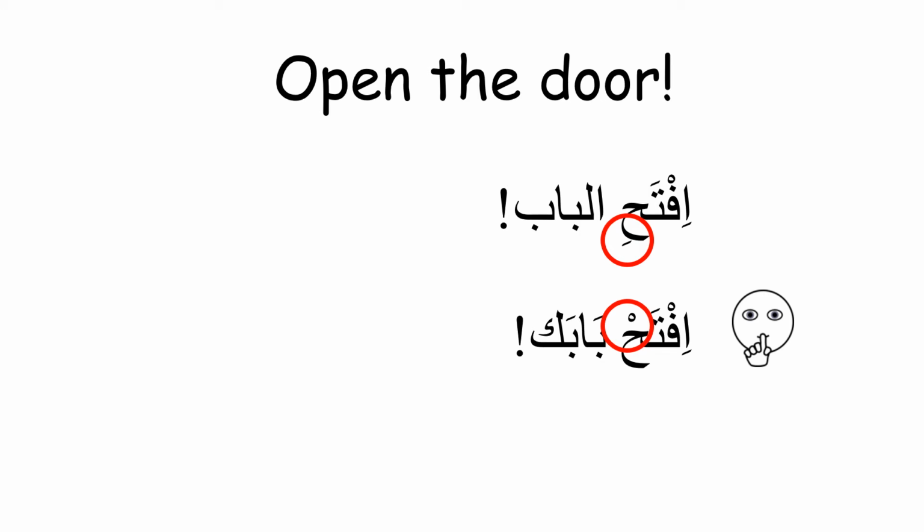Let's also compare these two sentences. So افتح الباب, we already explained that we have to use a kasra at the end of افتح instead of sukoon to prevent two sukoons from meeting together. The first is at letter ha and the second is at letter lam. But in the second sentence, افتح بابك, open your door, we preserve the sukoon, which is the original sign of the imperative verb. Why? Because the second word, بابك, starts with fatha, so it's not sukoon, so there is no need to do anything.